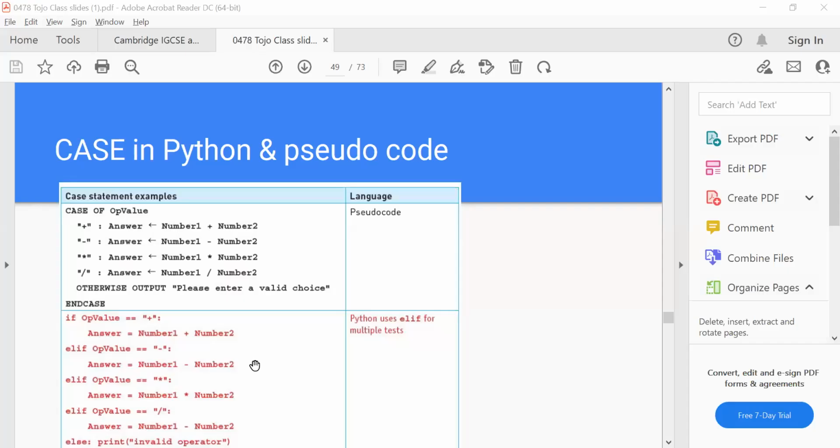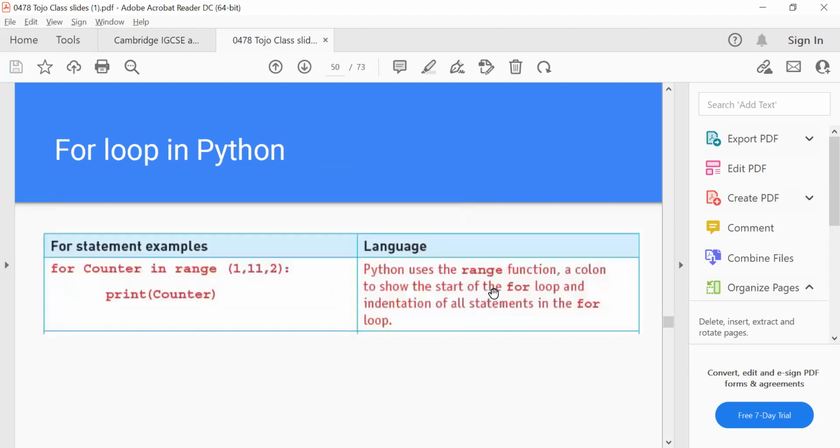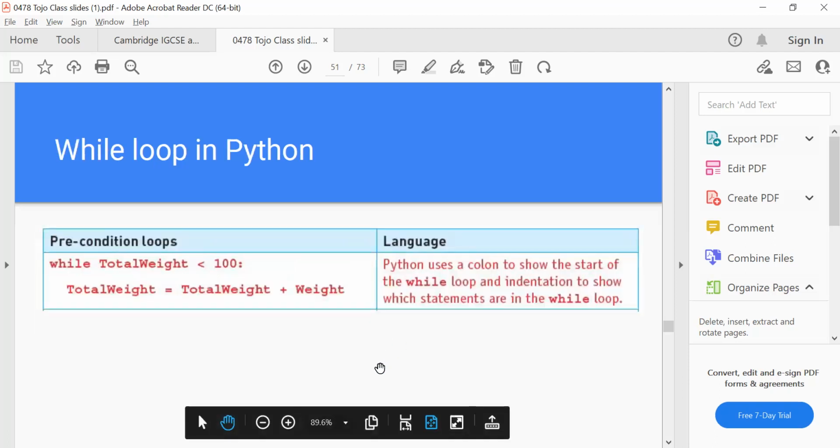Okay. So there are no cases in Python, and we use if instead. Did you know the range function in Python? Yes, I have seen it. Do you know how to make it start from 0? How to make it start from 1? How to make the step larger or smaller? Yes. Okay, that's perfect.